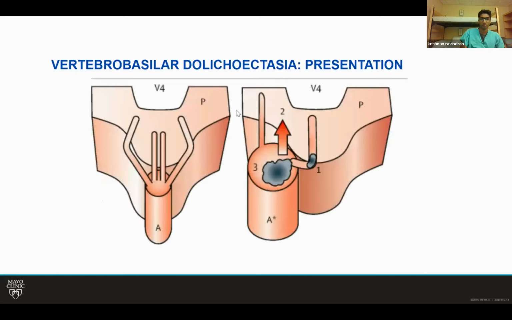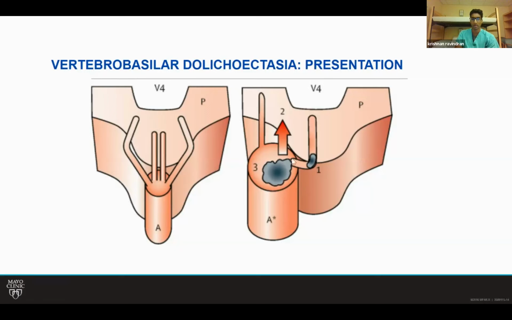This is a cartoon from that Japanese paper from about 20 years ago, and it just outlines some of the underlying pathophysiology that's seen with these dolichoectatic vessels. On the left, this is trying to depict the normal basilar. So you see the basilar here, and we're looking from ventral to dorsal with the fourth ventricle here, and the pons here, and middle cerebellar peduncle on the left and right side. On the right, with dolichosis and ectasia, you note that the basilar has enlarged, of course, and is now shifted